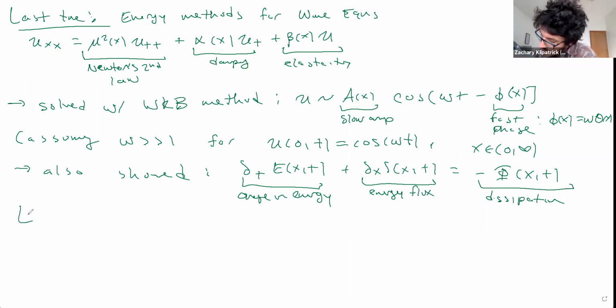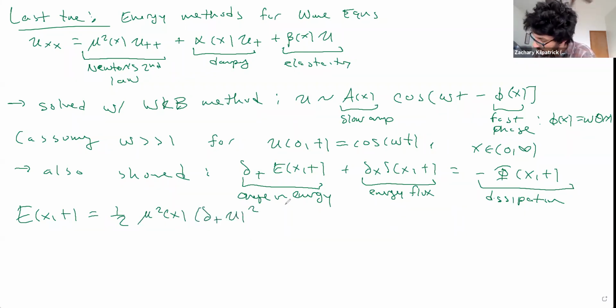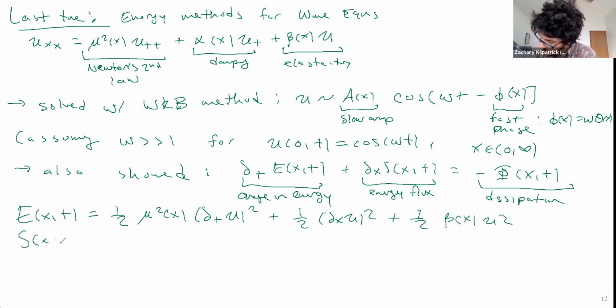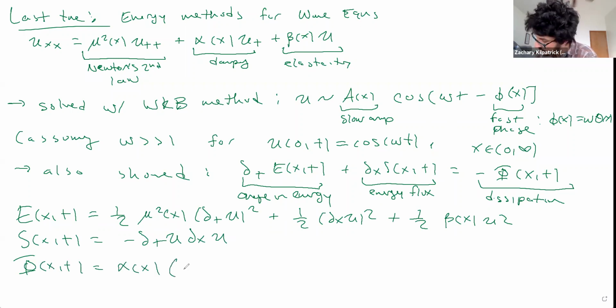Okay, and we showed that E(x,t) is equal to a half mu squared (dt u) squared plus a half (dx u) squared plus a half beta(x) u squared. S(x,t) is equal to minus dt u dx u, and Phi(x) is equal to alpha(x) (dt u) squared. Okay, and when we studied the energy over some interval,